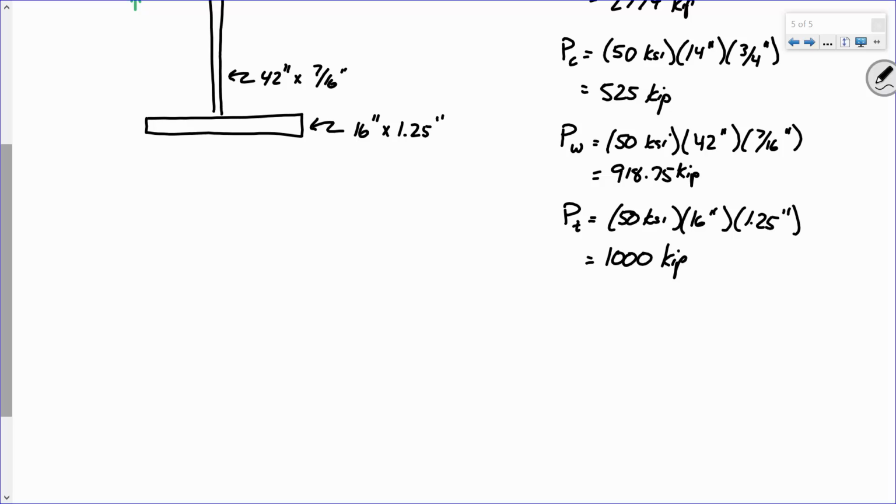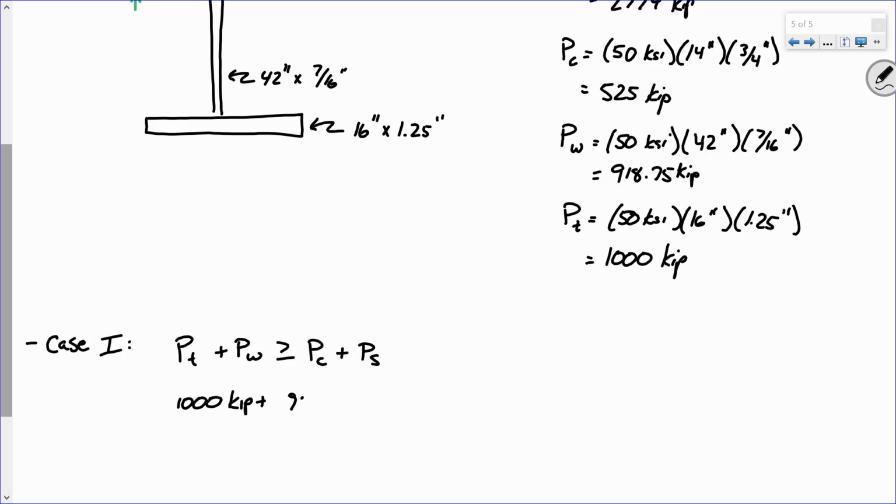Okay, we have, let's see, case 1. Or maybe I should use the Roman numerals. Case 1, what is it? PT has to be greater than or equal to PC plus PS, plus all the rebar stuff, right, which we're neglecting. We're not worrying about that, okay? So let's check that out, okay? What's PT? It's 1,000 kips